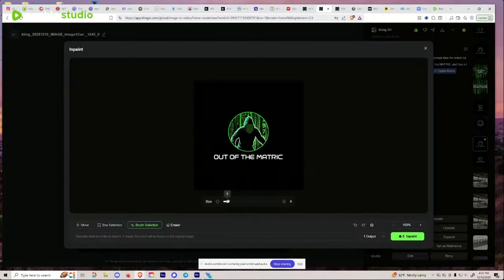Leave the rest of the image as it was. And then also you have a box selection, which you can grab this whole thing, and maybe that'll affect the whole area if you select the entire area. So I just chose brush selection for now. I'm going to say what I want to do is give this guy an LED